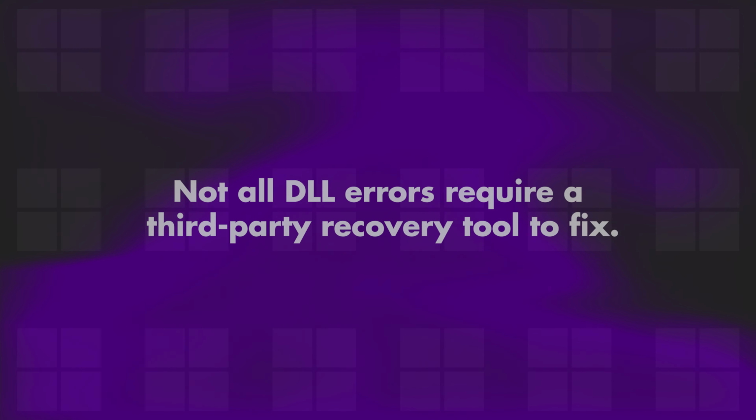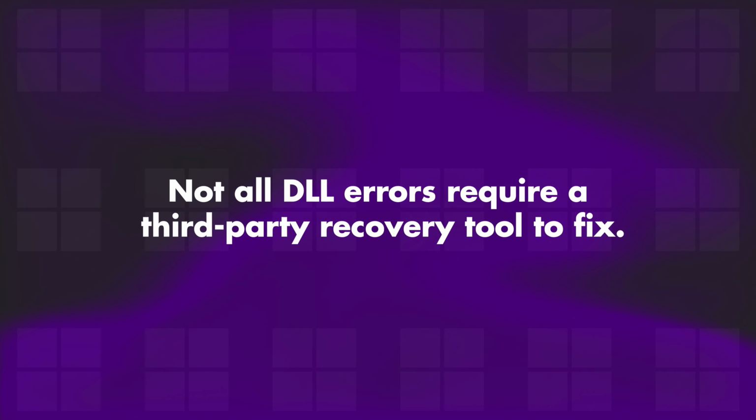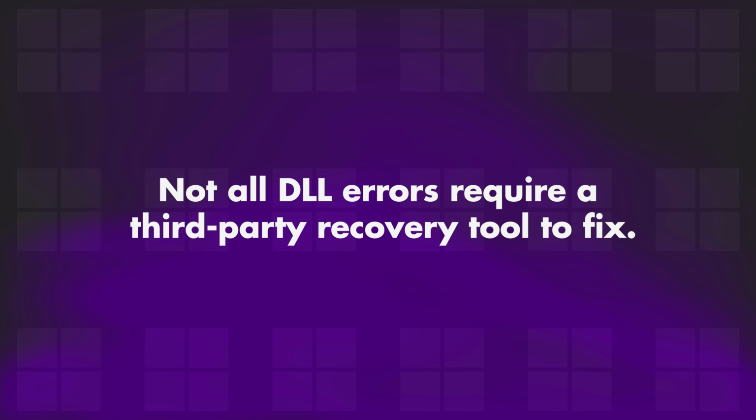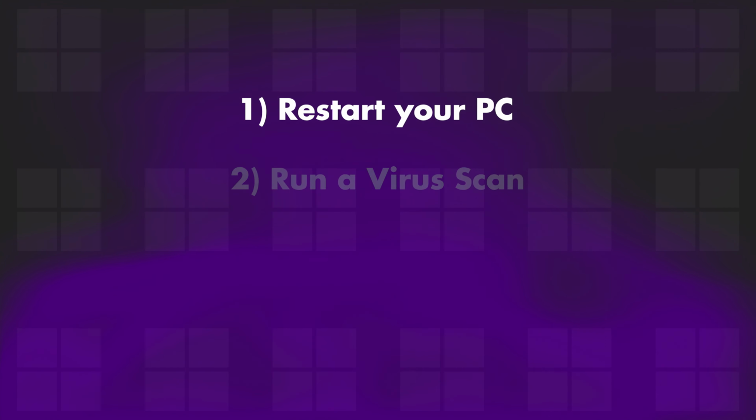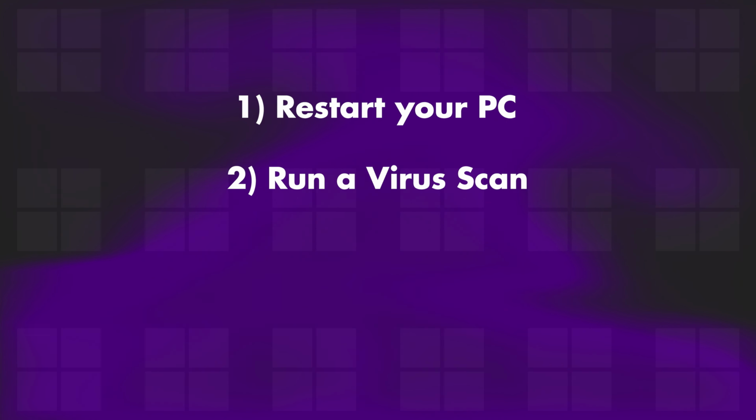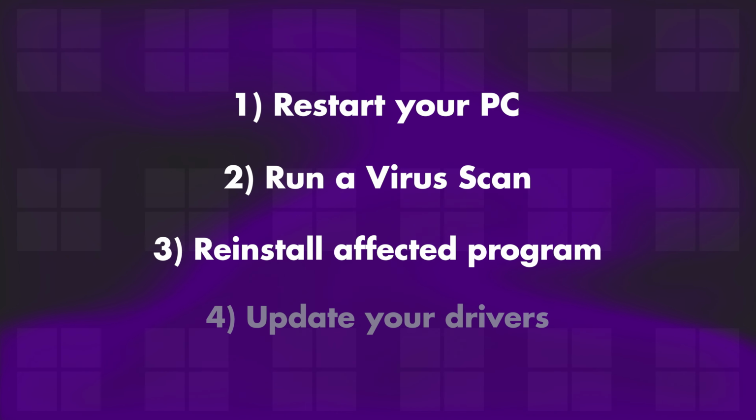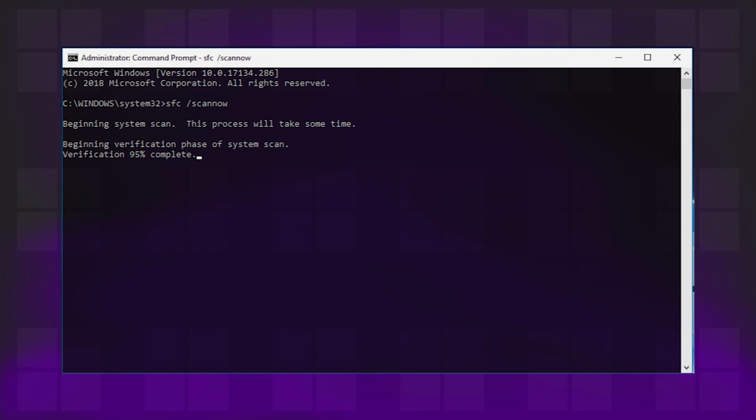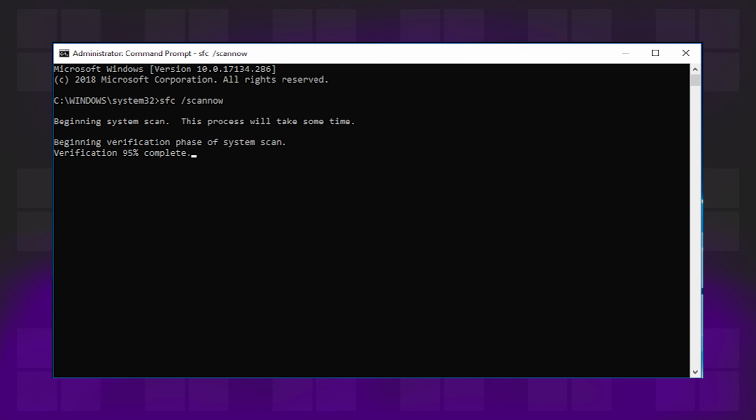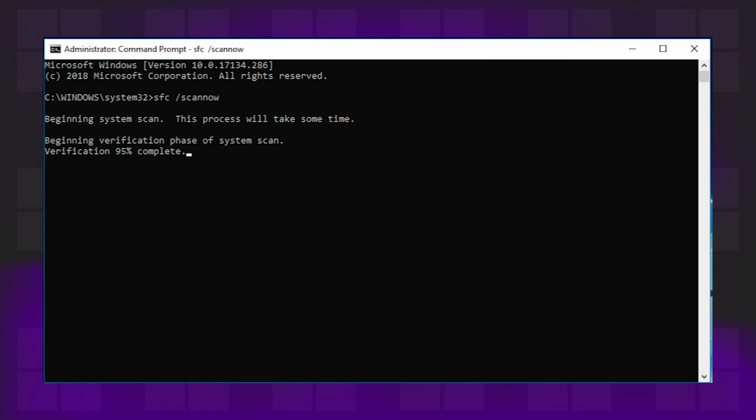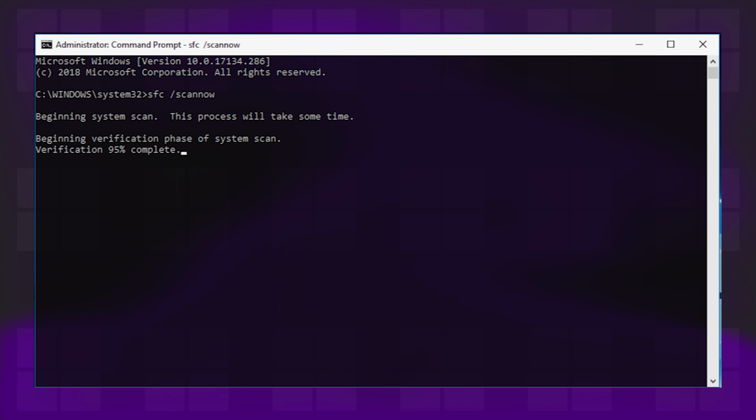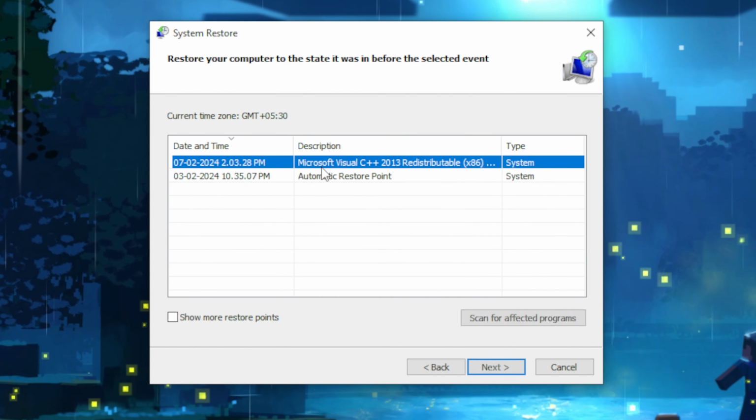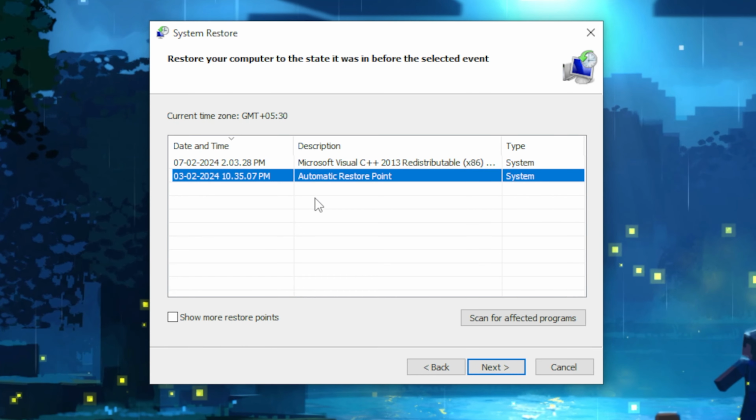It's worth noting that not all DLL errors require a third-party recovery software to fix the issue. You can try some common troubleshooting steps like restarting your PC, running a virus scan, reinstalling the affected program, and even updating your drivers for a potential fix. Windows has some inbuilt recovery tools like System File Checker and DISM that can help scan and repair corrupted files on your system. Updating your PC to the latest version using system restore points or even reinstalling Windows can help